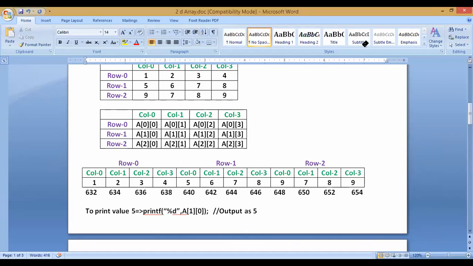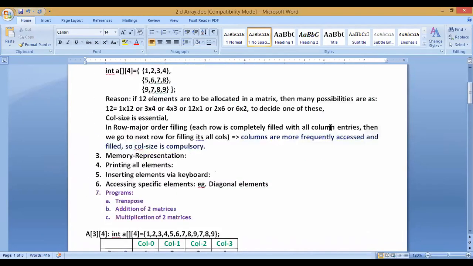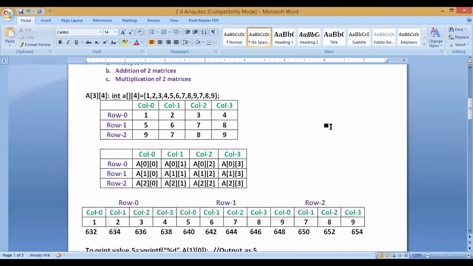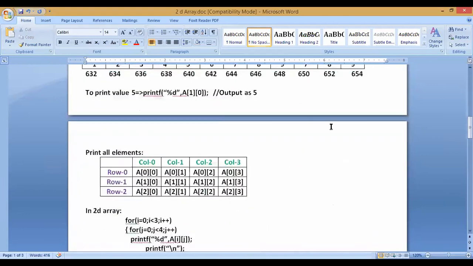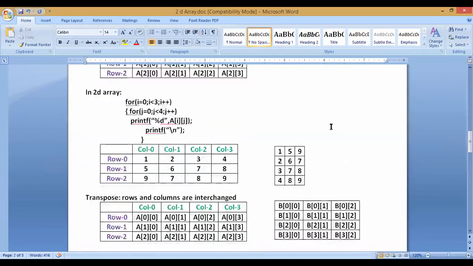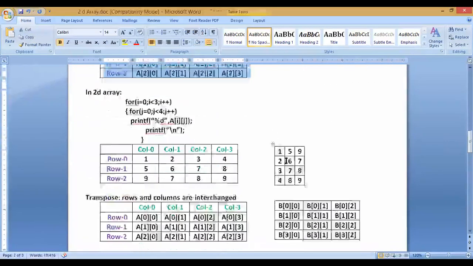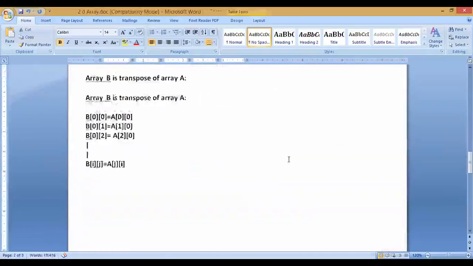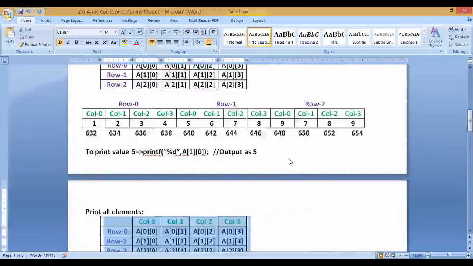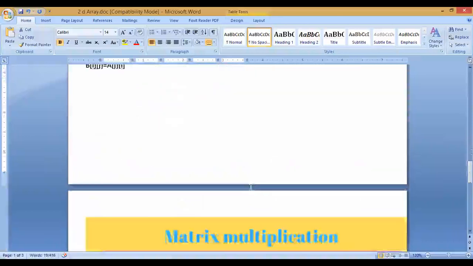I can utilize that over here for a square matrix. So suppose this is a square matrix, and I want to find the sum of all the diagonal elements.